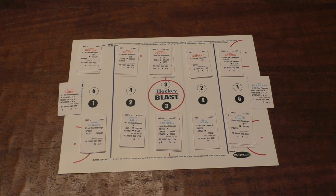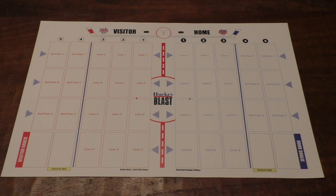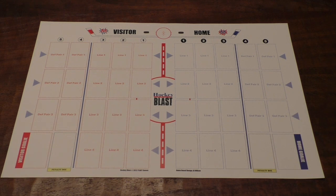So when I got the game a few years ago, I immediately set out to improve the experience for myself, and I came up with what has now been referred to as a grid system. So this is the 11 by 17 grid system game board that I came up with a few years ago,